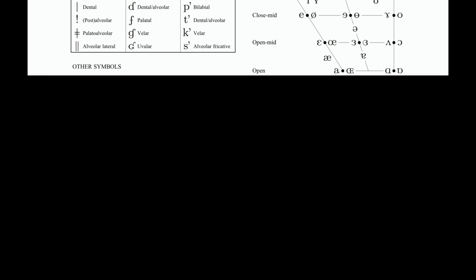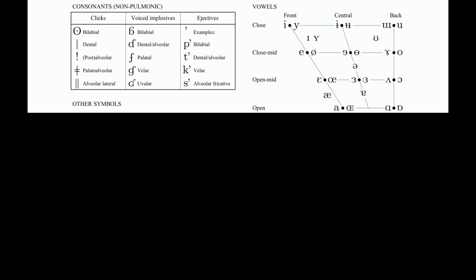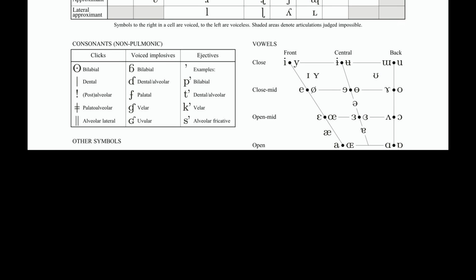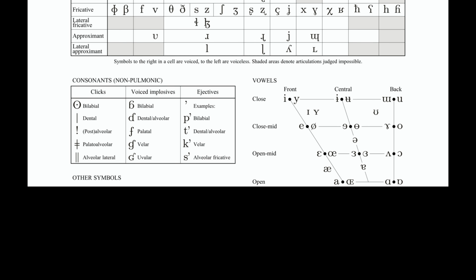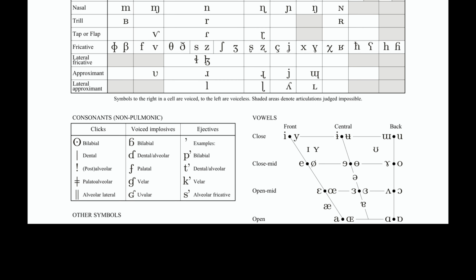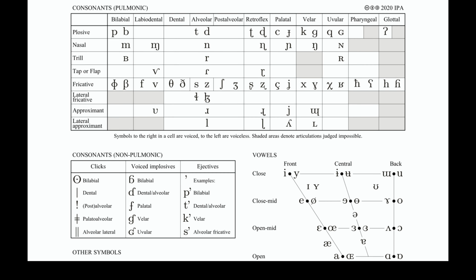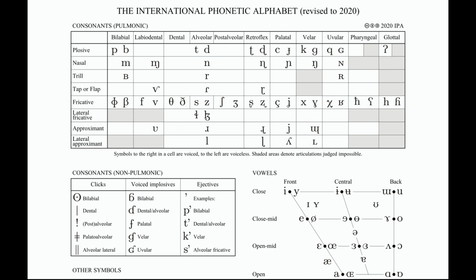Since I am not a phoneticist, I needed a way to dumb down phonetics somewhat, and luckily, there is the perfect thing. The International Phonetic Alphabet, often known as the IPA, is just what I was looking for, as it categorizes every sound used in human language. This allows words from any language to be written phonetically and pronounced without even having any knowledge of the language. I won't cover absolutely every part of the IPA, but I will give an overview which will hopefully give you